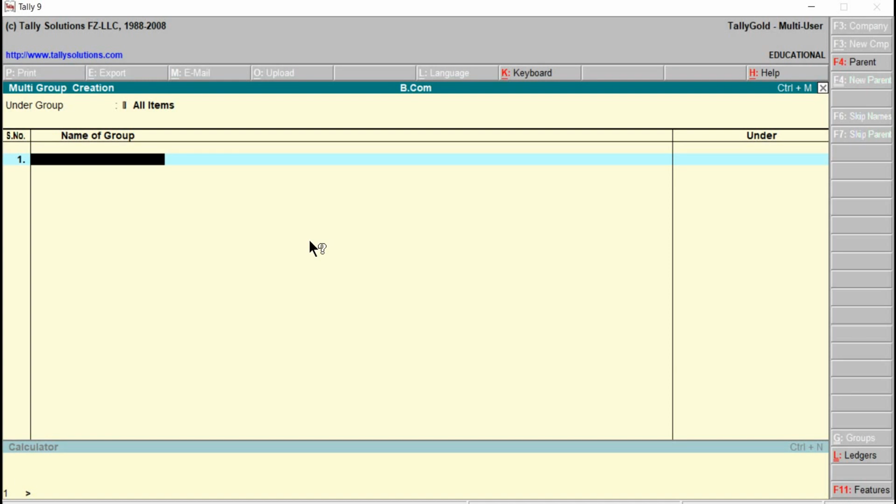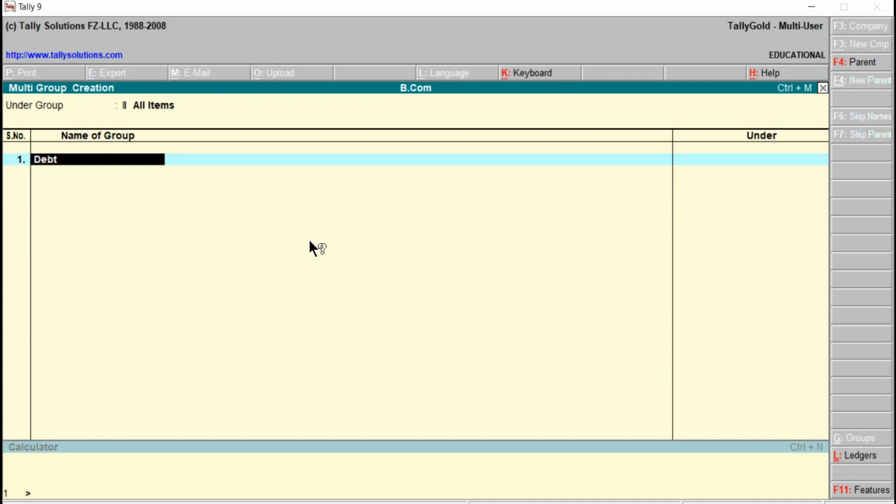Think that a particular firm or a business may be having debtors or customers from different regions. Maybe from north region, south region, then we have from east region and west region. Okay, we will go for creating this one.